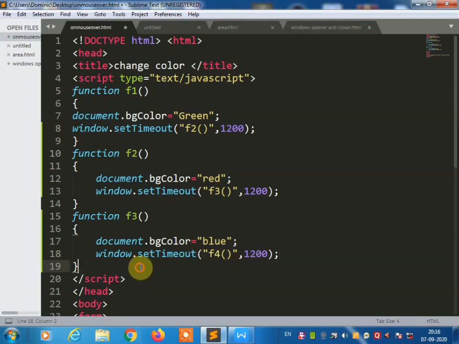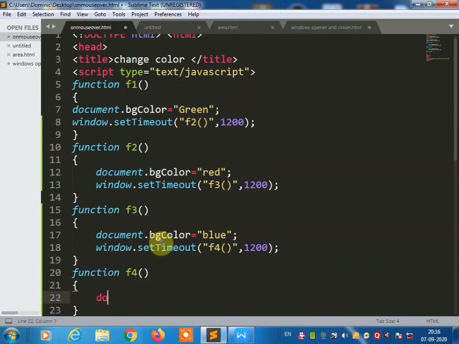Then we are going to use the fourth function f4, document.bgColor equal orange.